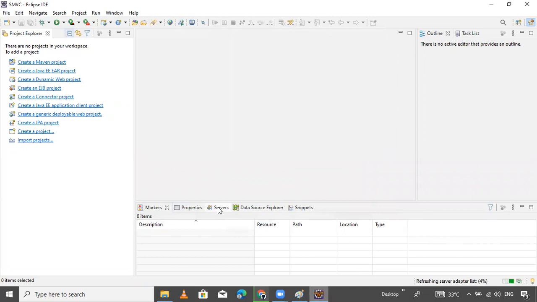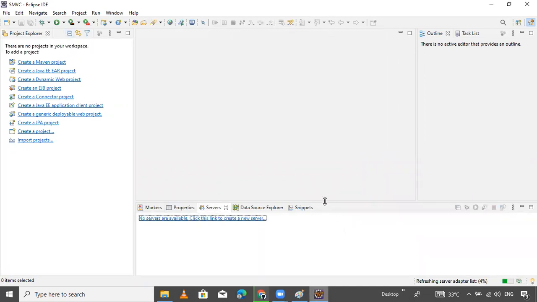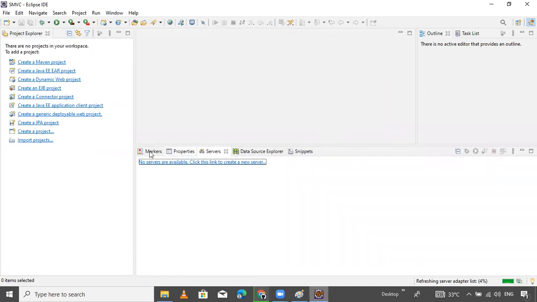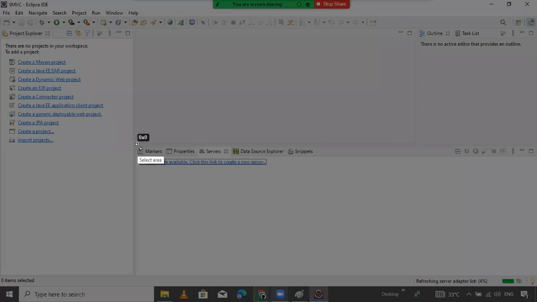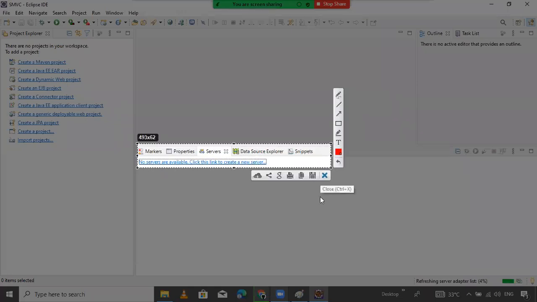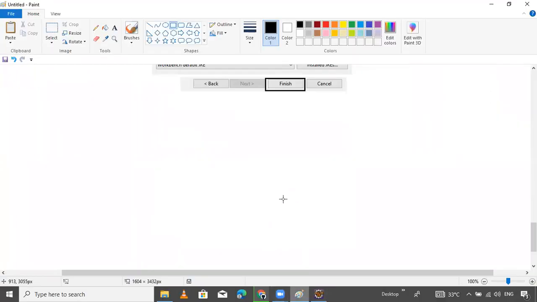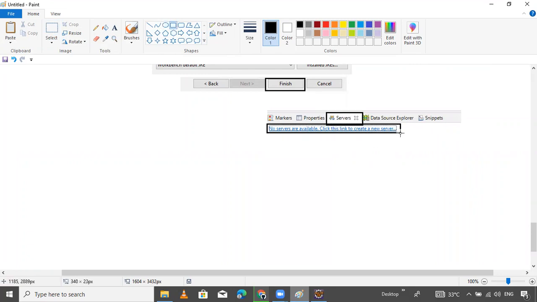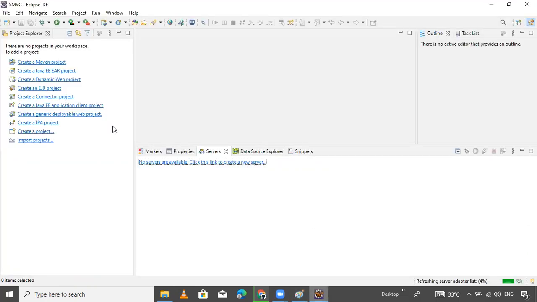Now, how can we show it? You can go to the tab, and you will get this type of Server option. This section is required for us. Click on this, Add Server. Right now no server folder is registered.